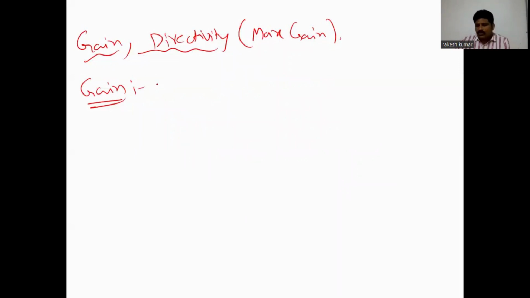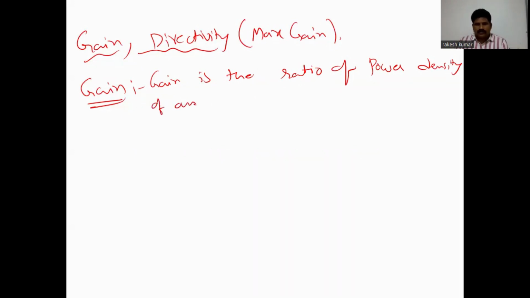Gain is the ratio of the power density of an antenna per unit